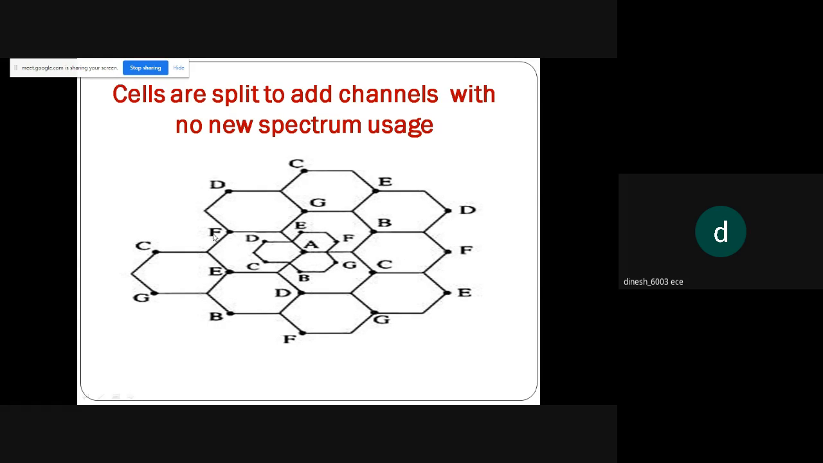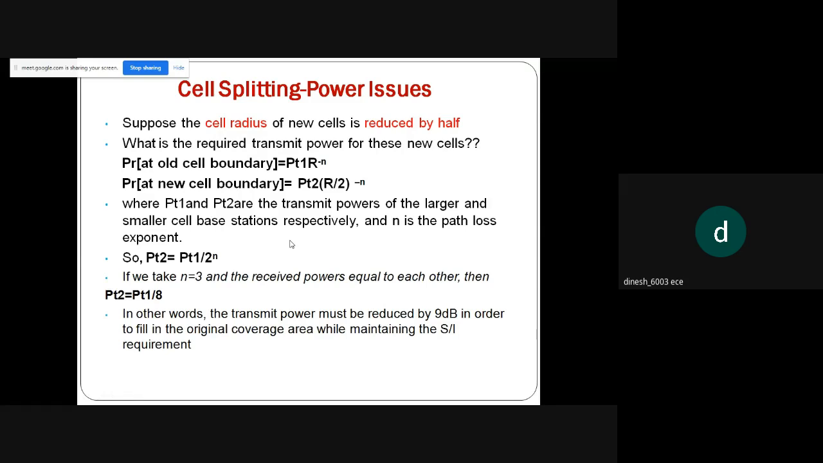D and F don't have the same frequency, C and E don't have the same frequency, E and D not the same frequency, D and A not the same frequency, C and B not the same frequency. Accordingly we can design. This we call cell splitting. So in cell splitting,